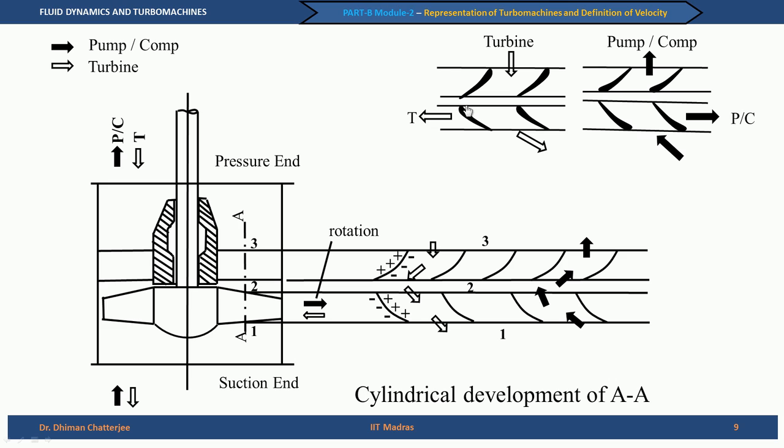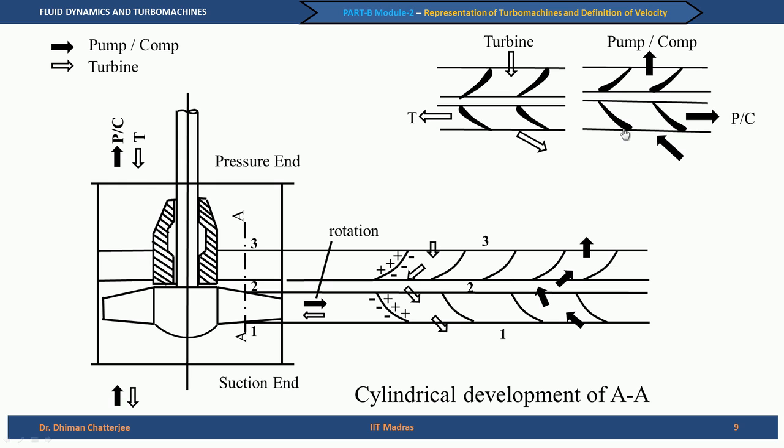And next, if I tell you that this is a turbine, then you know that this is the pressure surface and this side is the suction surface. And just as we have discussed, the rotation should take place from the pressure surface to the suction surface as shown by this arrow. Had it been a pump, the flow takes place from the bottom to the top,